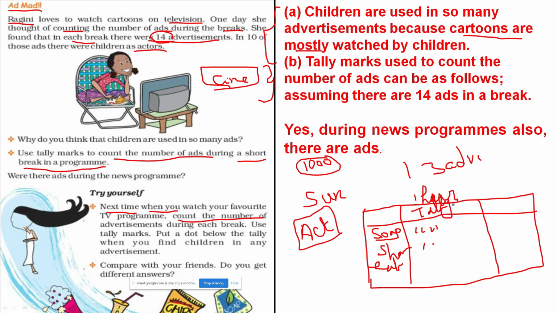These tally marks give the total number of advertisements, the number of times each appears. Write the total here. Lastly, the total number of advertisements altogether. You should tell in the code. You just write it in your notebook. I want this exercise to be completed by you in your notebook only.